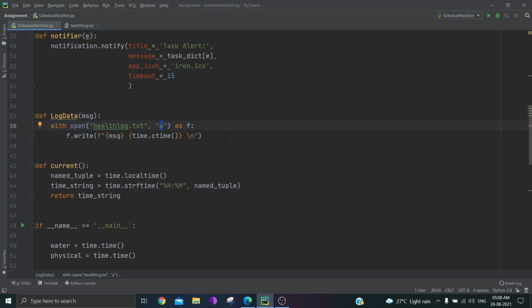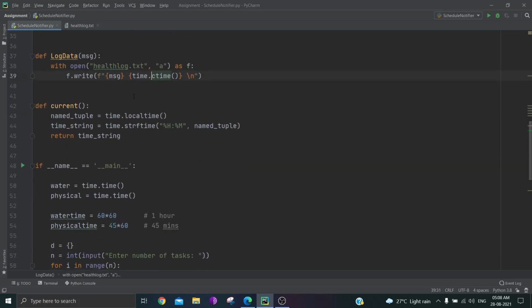If we had opened this in write mode, every time we ran this program, it would have overwritten that text file, so we might lose our data. If it is in append mode, it will help us keep track of our data. And I have concatenated this with the time at which the data is logged, along with the message.